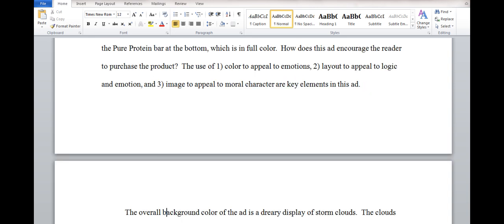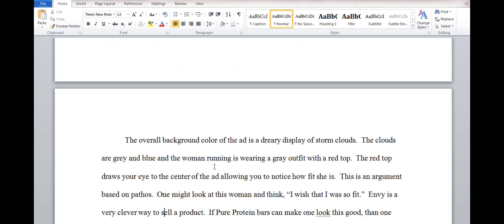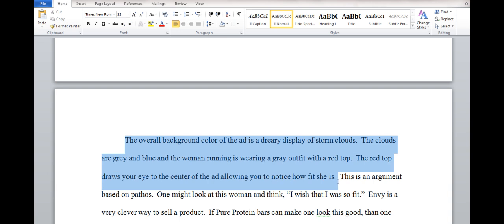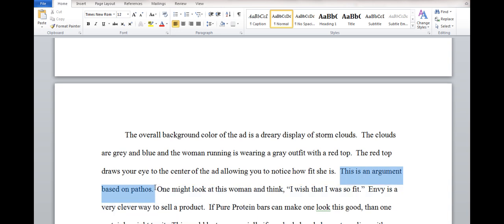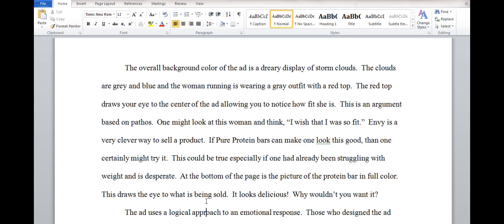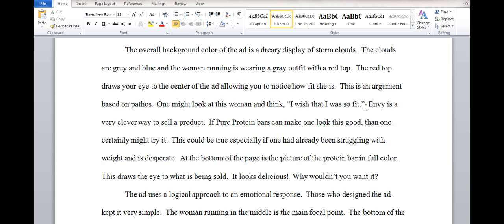Very important piece. So here the author starts with description. I'm often going to advocate that you start with a claim. Instead, these three sentences are a description. But then the author makes that claim to focus on the main ideas we've been talking about in class, right? One of the things this author does well is she names particular emotions that are being appealed to. And she begins to talk about how this can work with the audience.